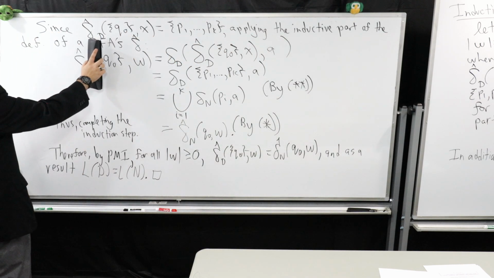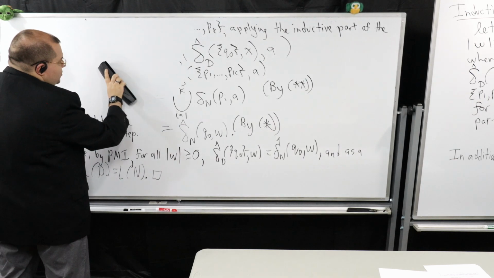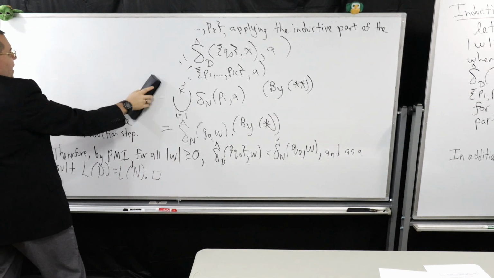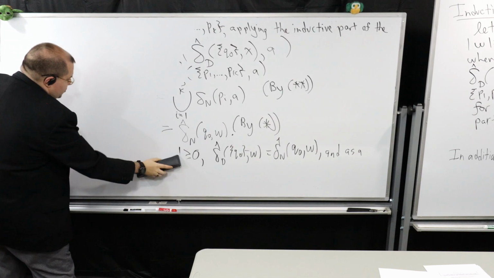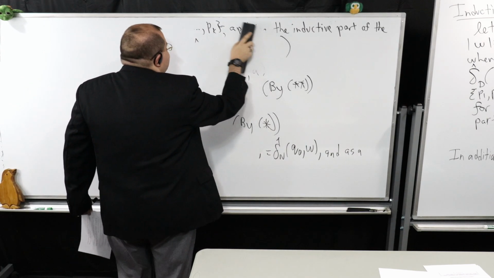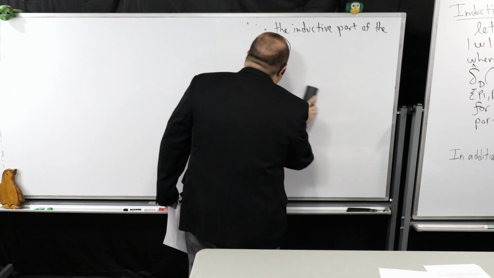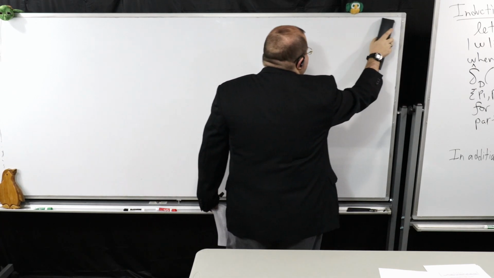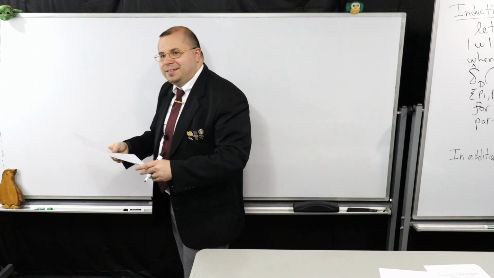So now I want to prove the big theorem. I'm not going to go into all the details of this proof. I have the full proof in the notes. I'm just going to give you the idea of the proof, because we've essentially done the heart of the proof. The heart of the proof is the subset construction. Subset construction is what I would consider the non-trivial part of this entire theorem.